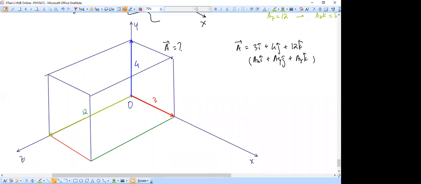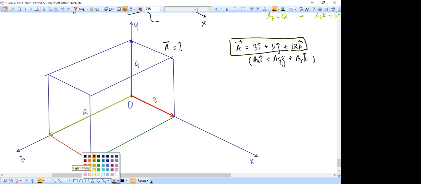Okay. So these are becoming my individual vectors, 3 i cap plus 4 j cap plus this thing, 12 k cap. But now see, I want to construct this vector. I want to construct 3 i cap plus 4 j cap plus 12 k cap, this one. So starting from the x axis, I will first make a displacement of 3 i cap and I'll reach here. So I will reach the point, sorry, this corner is A. So you can see that the vector OA is my 3 i cap.